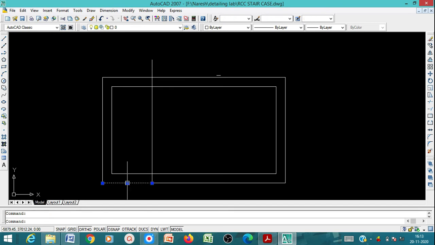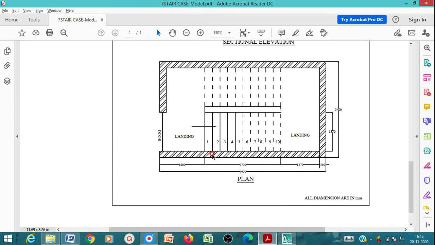After that we have to go for the treads. You have to show the treads. There are 10 treads, and the size of the riser is 150 and the tread is 270. I can check here.